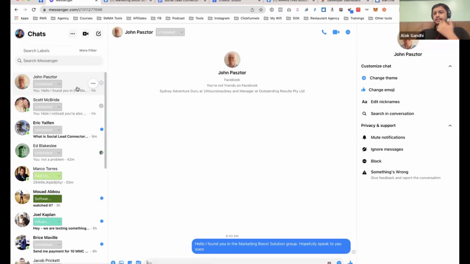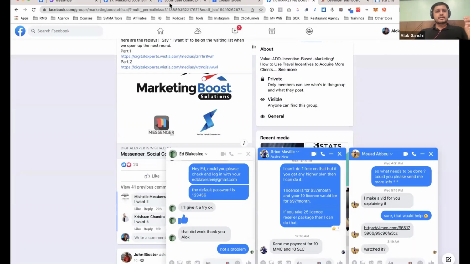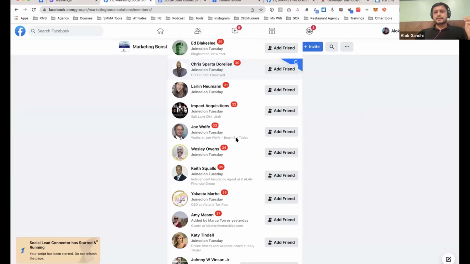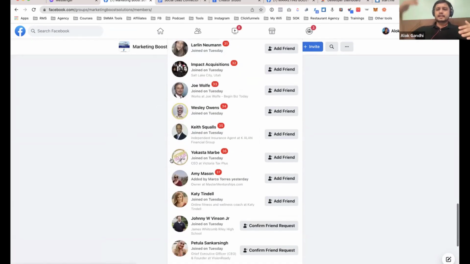I haven't done anything. I've just set it up once and it's just sending a different message. I'm literally talking and I'm on different tabs right now, but it's still running in the background from this tab. So the way I recommend is you open a separate tab. I would pull this tab out of this whole browser and leave it as a separate tab and let it run in the background. Don't minimize it, keep it running in the background and work on whatever you want to do, but let it run in the background.